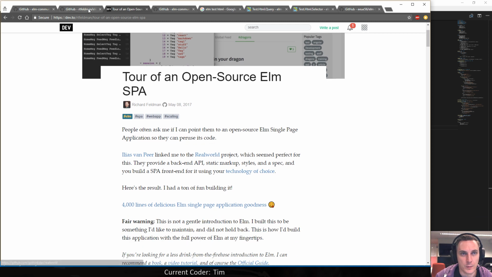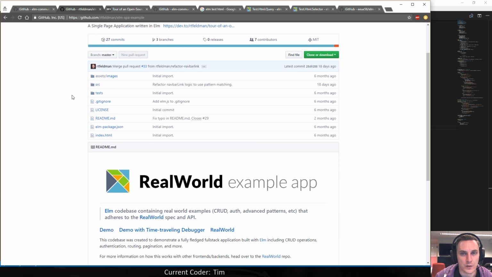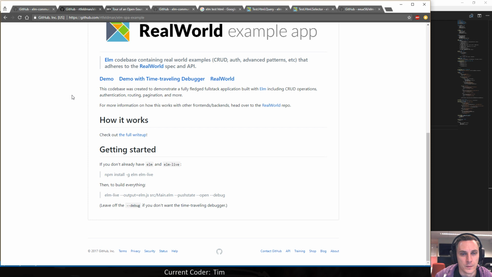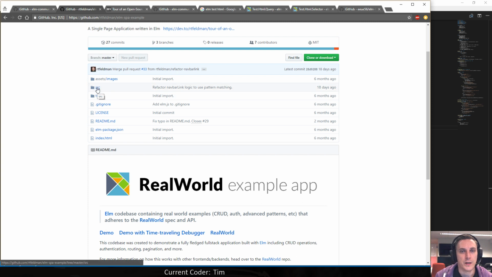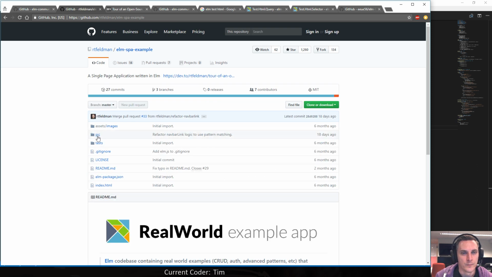And it's completely open sourced on GitHub. But the more interesting part of this project is the way he sets up his project structure. So he doesn't have tests just yet because he's waiting for the new elm-test thing to be released or something.